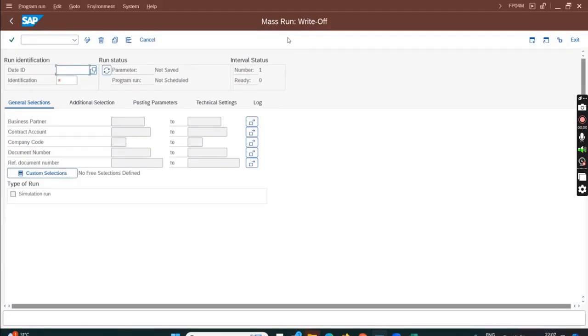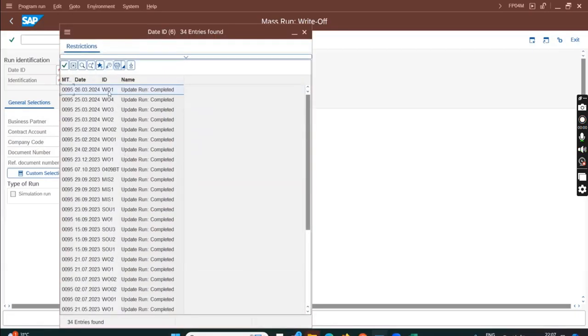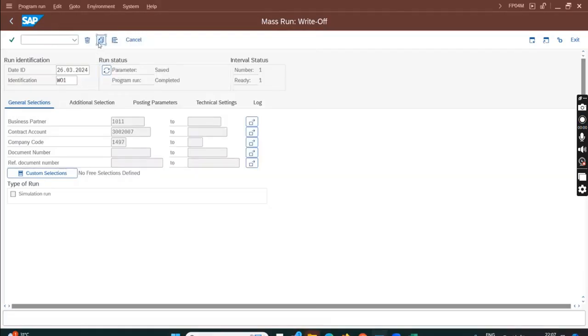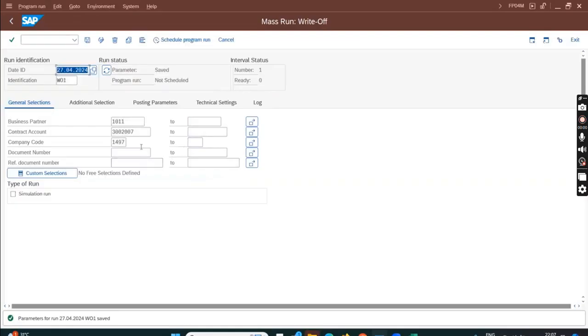We have a separate activity. Like we just saw that in Dunning we have a separate activity to release, similarly in Dunning you also have a separate activity to write off. Okay, so we can write off via batch also, or maybe I'm writing off from mass write-off. So copy wo1. Okay, it is coming in the